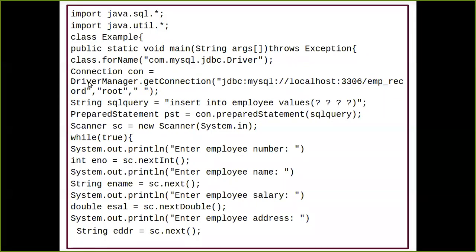Now I am calling that JDBC driver from the DriverManager, and I am trying to connect to the database with some parameters which I pass into the method's parameters, and that method is nothing but your getConnection method. When I use the getConnection method, we have studied three ways to do that, and I told you that we are going to use the third option, where the first parameter is your URL format, the second parameter is your username, and the third parameter is your password.